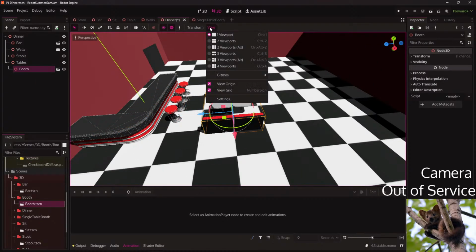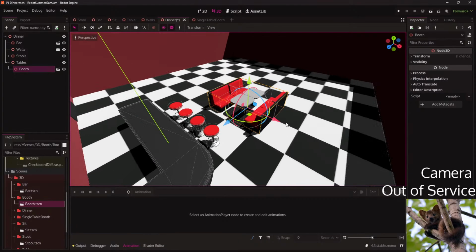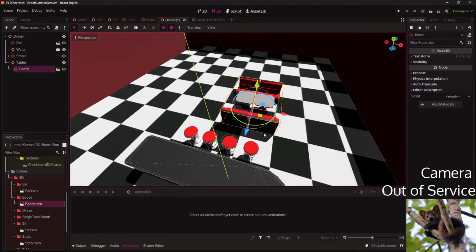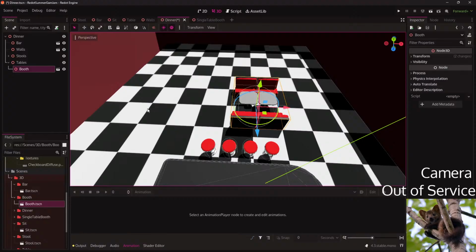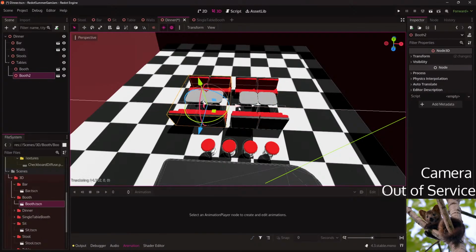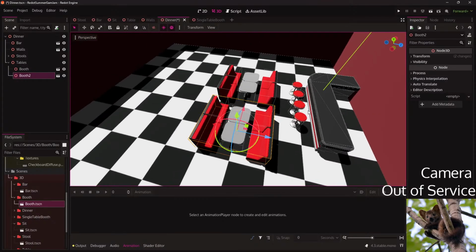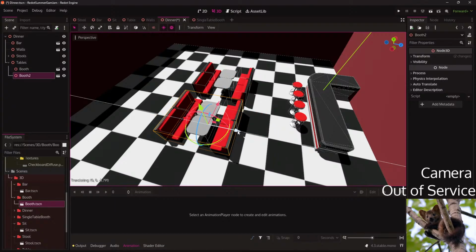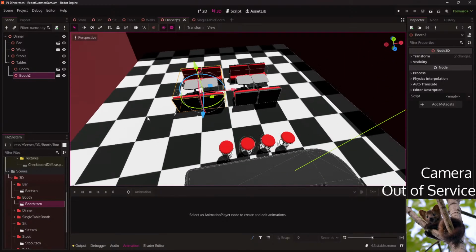Can I snap this? Yeah. It's probably way too close. Players probably, I mean, it's good to have some space.